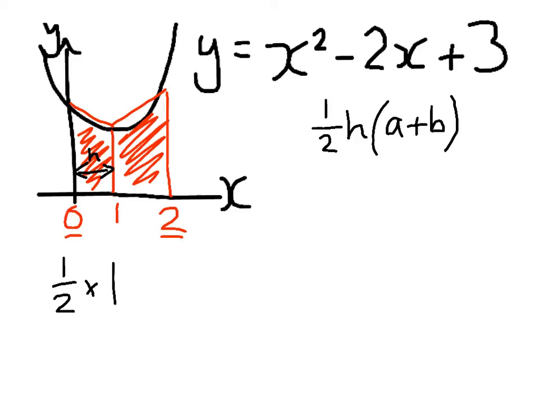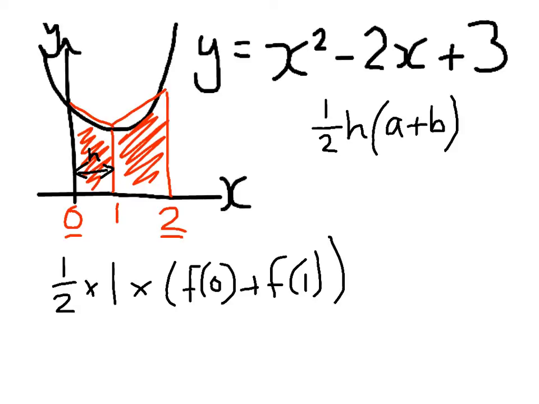So half times 1 times by, and then we've got a plus b. So our a value is going to be f of 0, and our b value is going to be f of 1. And that's our first trapezium. The second trapezium is going to be the exact same thing, only we're going to have f of 1 and